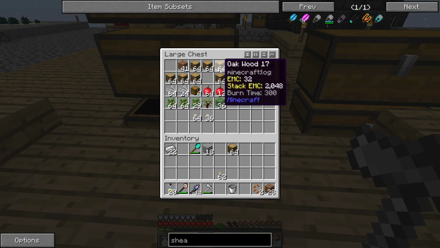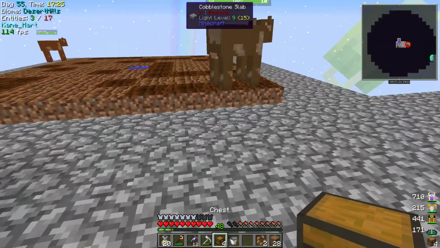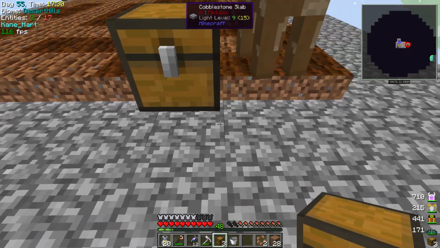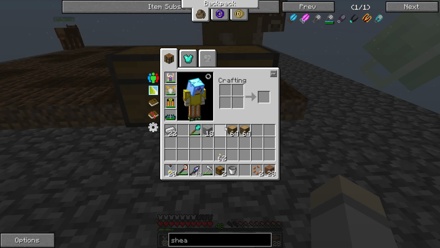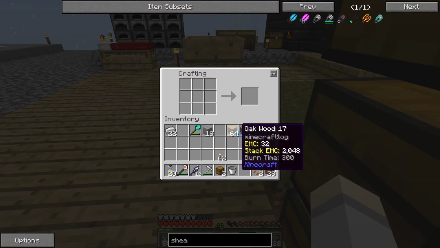Okay, so what we're going to do is we're going to go crazy and get crops here. I think we will put chests here. There you go. And, yeah, let's put that there. And then, yeah, we're going to get the crop sticks here, so...